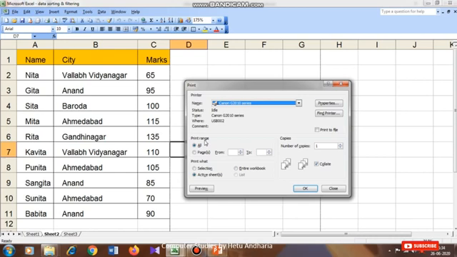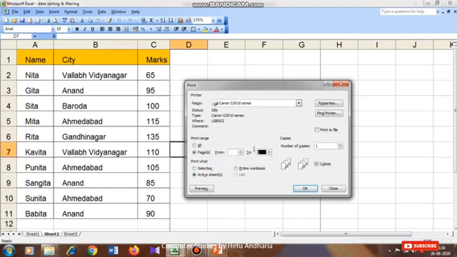Now in this example we have typed this much data, but in an actual file if we have typed say 10 pages or 5 pages, then you can specify how many pages you want to print. For example, I want to print page number 1 and 2, then I have to click here 1, 2 and then click OK. Just now I remove this thing